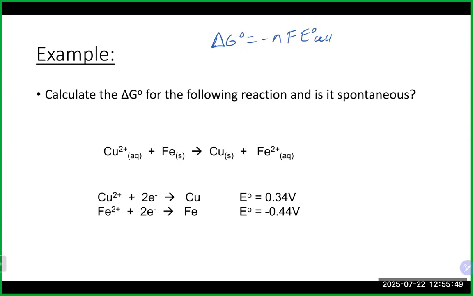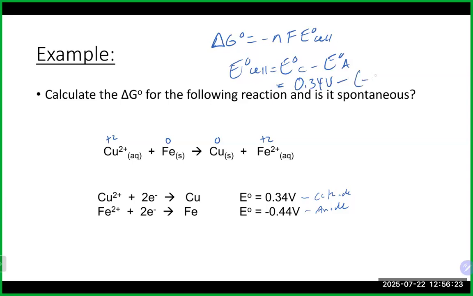So in this particular case, we have an equation we should take a look at. This is going from plus 2, 0, 0, and plus 2. In this particular case, it is the copper being reduced. So that's going to be our cathode, and this will be our anode. Once again, I'm going to use the subtraction version of that equation, so I'm not going to flip any signs. Now that I've identified which one is my cathode and my anode, putting my cathode in there, 0.34 volts minus a minus 0.44 volts. Going to give me an E of the cell here of